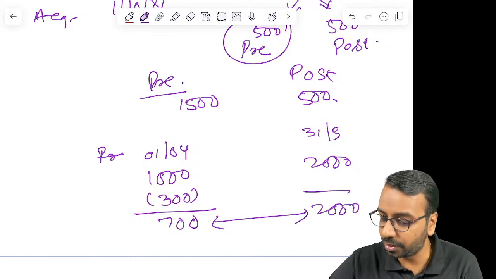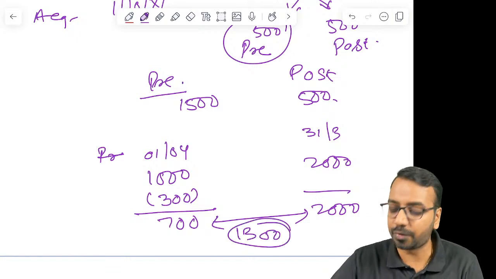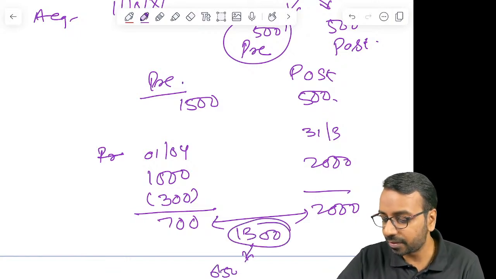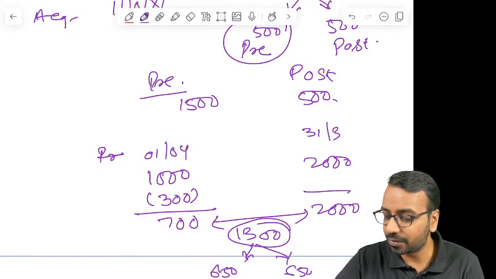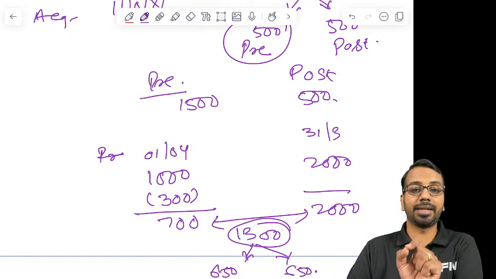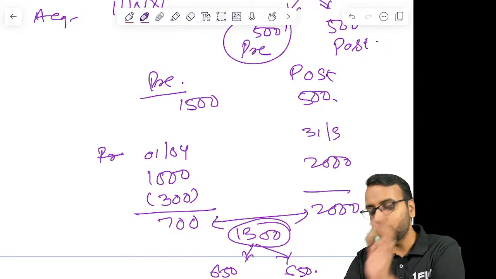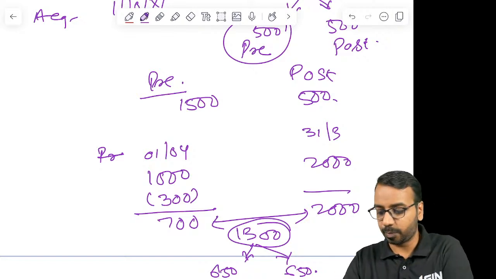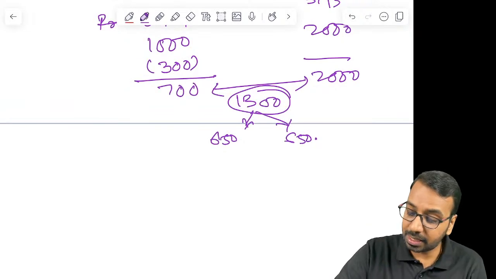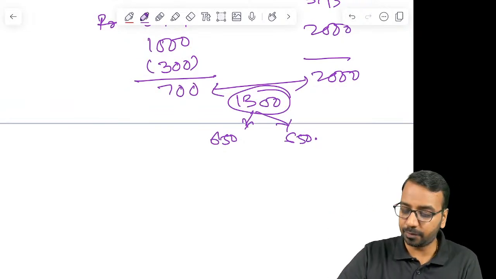So what is my during the year earning? 1300 is the profit for the year. Out of this, 650 pre-acquisition, 650 post-acquisition. This is a very important adjustment when dividend is declared out of the pre-acquisition profit, and you have to do this particular adjustment, right? Then if you get confused, if you are preparing a statement format, you can draw up a ledger,